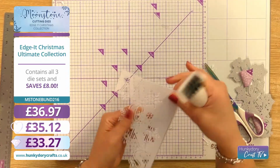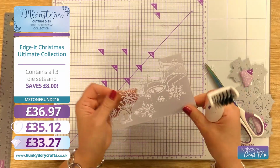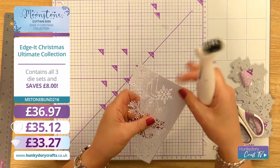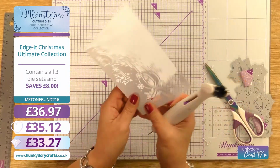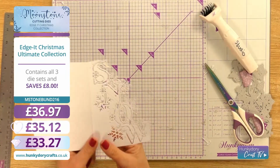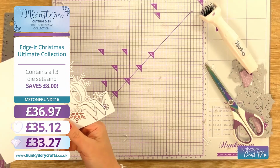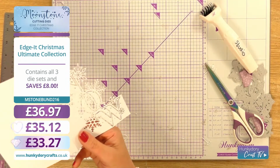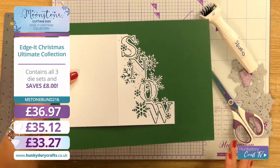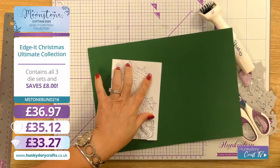Yeah, because they both create the cards for the packaging, don't they? Yes, so they do. So first look, really, so they know exactly what they want. When the dies arrive, they're all tested to make sure they cut as well as they want them to. And you can see there, let me put that over, let's grab a piece of green, just so you can actually see all of the detail in it as well. So you can see, I mean, that could be your card, couldn't it? You could. So what we're going to do now is